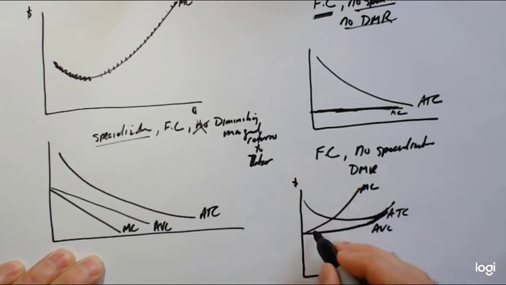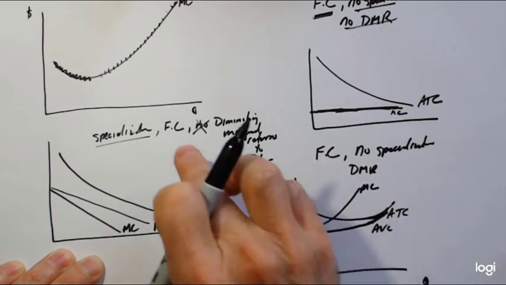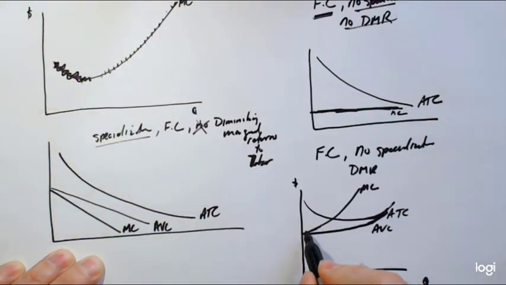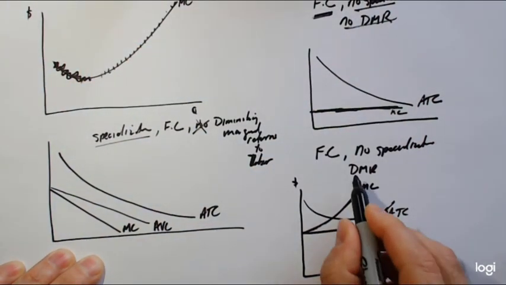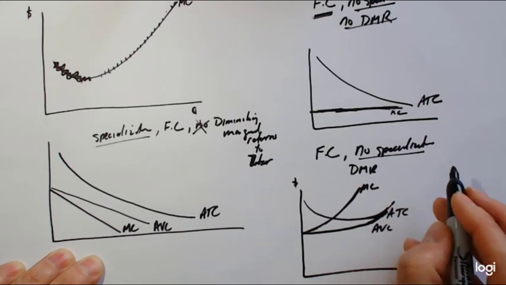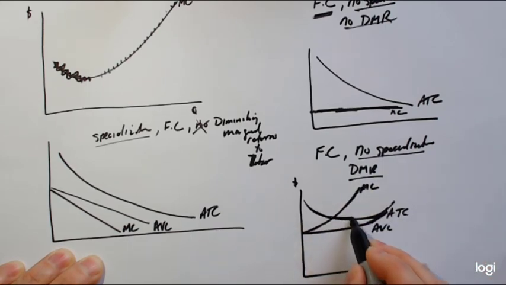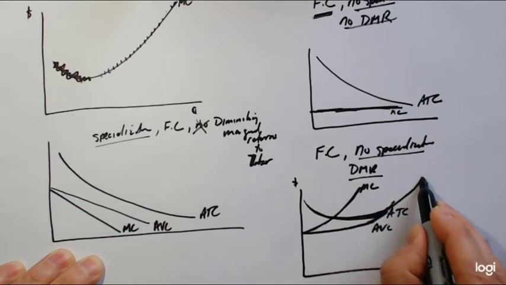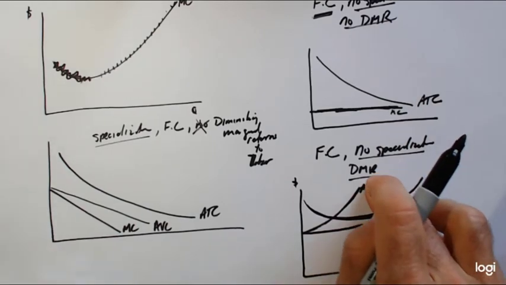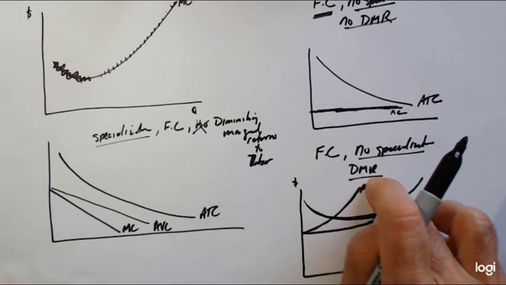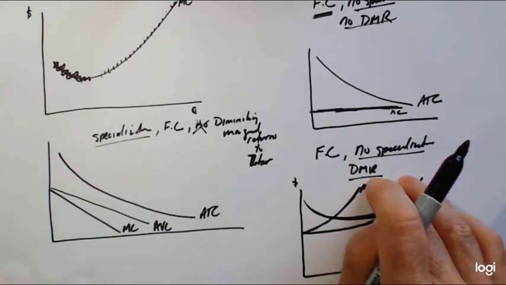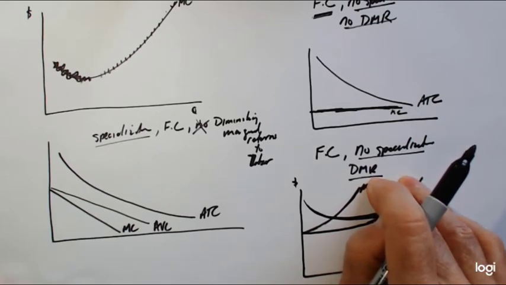But there's no specialization, so there's no downdraft here like we see here. And the marginal cost curve comes up, so we've got no specialization. We have diminishing marginal returns. It takes a little while, so here we've got diminishing marginal returns. This has got to swoop up eventually. And it's the diminishing marginal returns to the variable input that eventually puts the brakes on the size of most